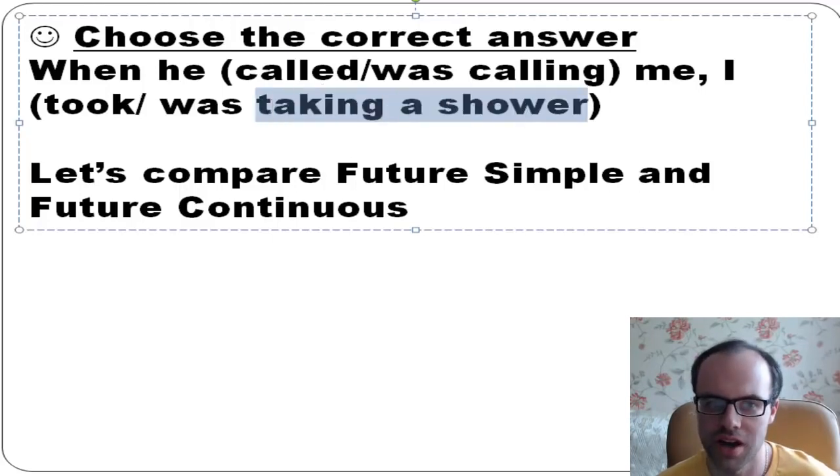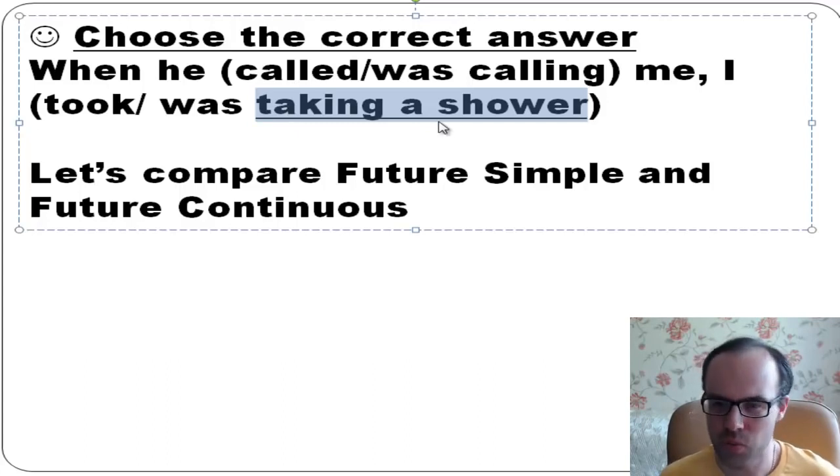Taking a shower, I can't do it in a second, or in 2 seconds. It isn't enough for it. So it's a long action. So I was in the bathroom and I was taking a shower. So I was taking, and then suddenly,